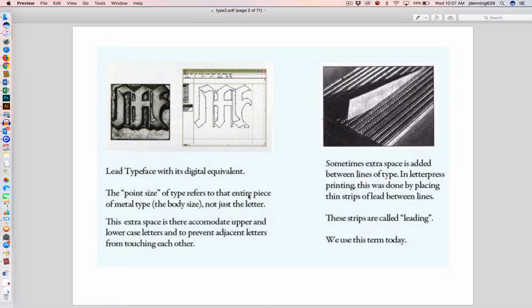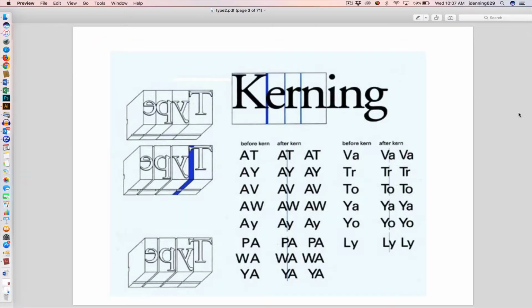now used with computers. And you can see that what they would do is they would lay these letters down on the page, and they would use these lead strips to put between the letters or between the lines. And these strips were called leading, which is what we use today. So leading is the amount of space between lines, that's the definition, and kerning is the amount of space between two characters. And it was the same process, but